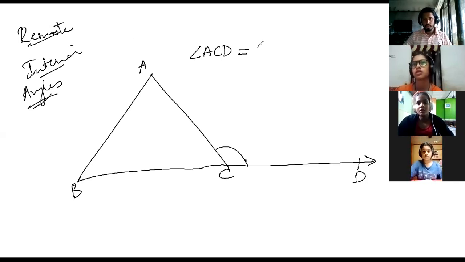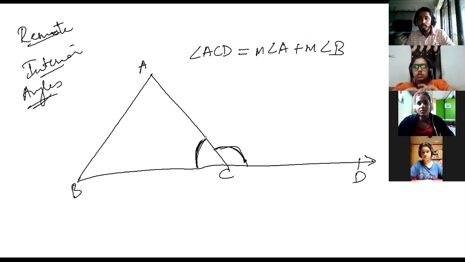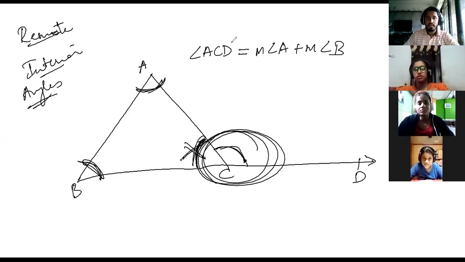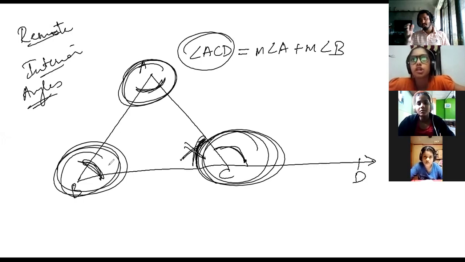So measure of angle ACD is equal to measure of angle A plus measure of angle B. Now, which angle is next to ACD? This angle is there, but it is not a remote interior angle because it is adjacent. If you are sitting next to the TV, will you use the remote? No, you will switch it on or off by hand. So the remote interior angle is not this angle. It is this angle plus this angle. So angle ACD is equal to angle A plus angle B. This is the statement you all wrote just now. If you look at the statement which you all wrote,